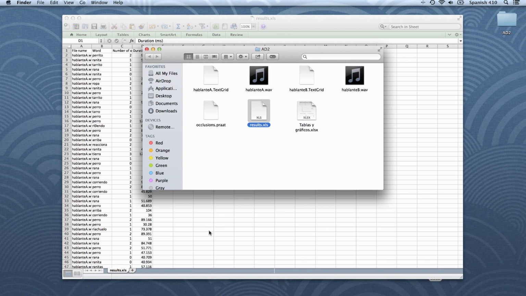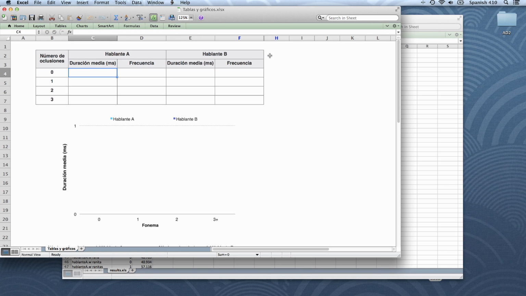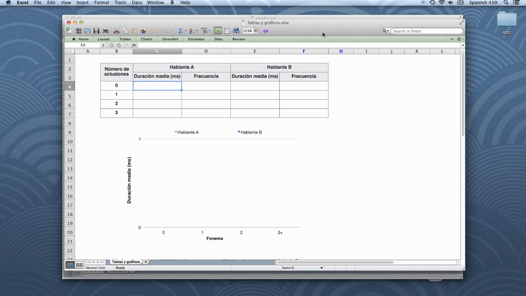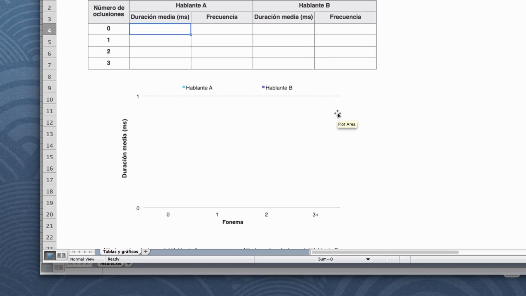In my project folder, I happen to have a template that will make this process a bit faster. I double-click on tablasygraficos.xlsx to open it, and as you can see here, I have a table and some charts that are connected to this table. Now, I'd like to copy the results from the first file, so I go back and right-click